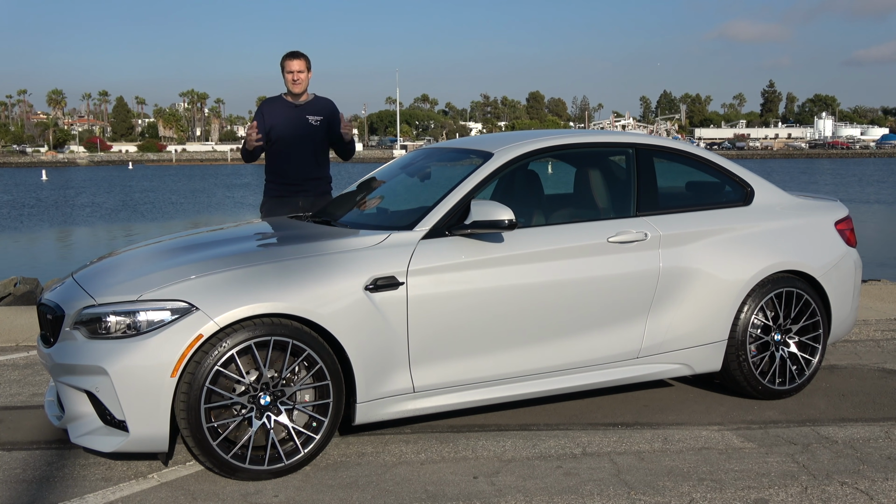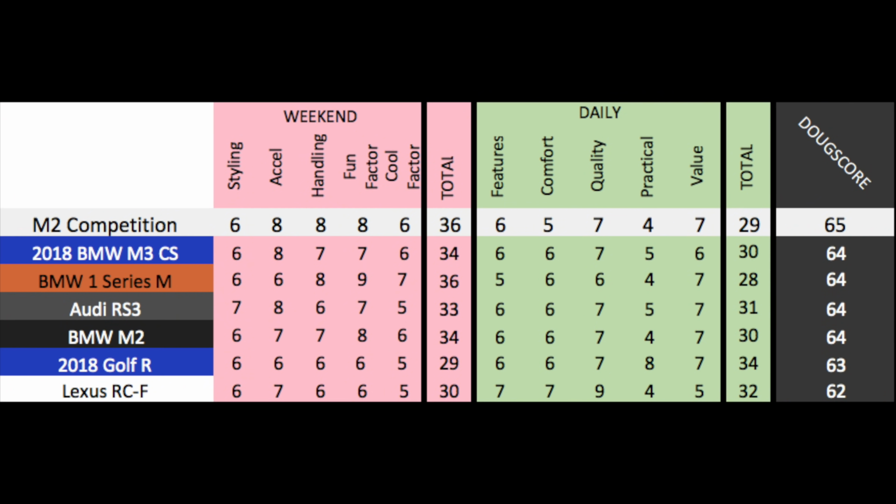And now it's time to give this car a Doug score. Not so fast there, Doug. The Doug score is 65 out of 100, and that actually places it ahead of the BMW 1 Series M